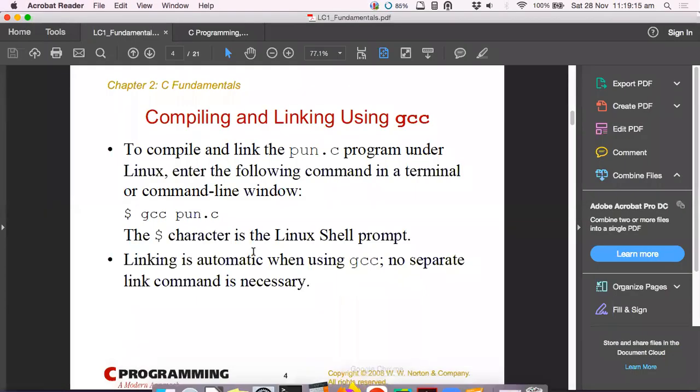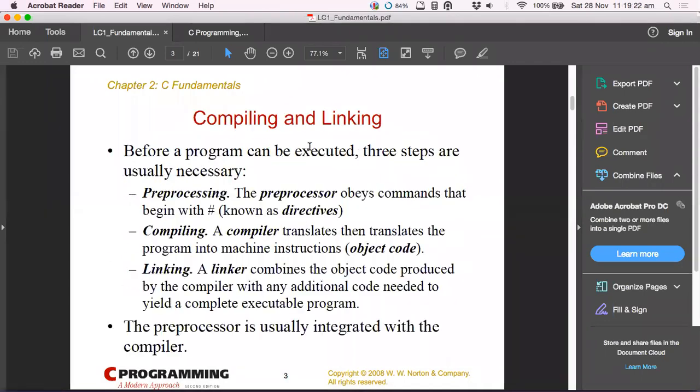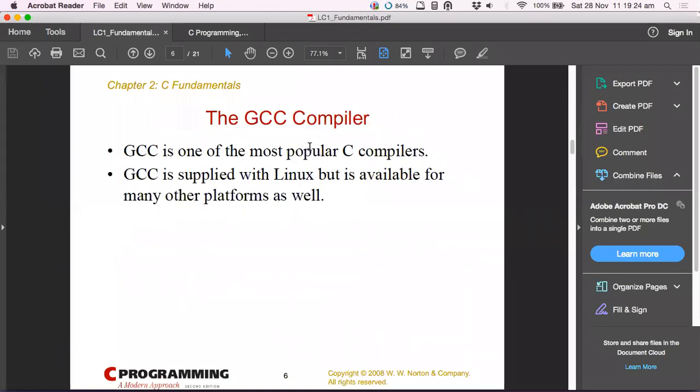So I think I'm done with today's lecture. I've explained compiling and linking using GCC, the GCC compiler. Just remember that GCC does not just do the compiling for you. Whenever you say GCC, it will invoke the other smaller steps as well.